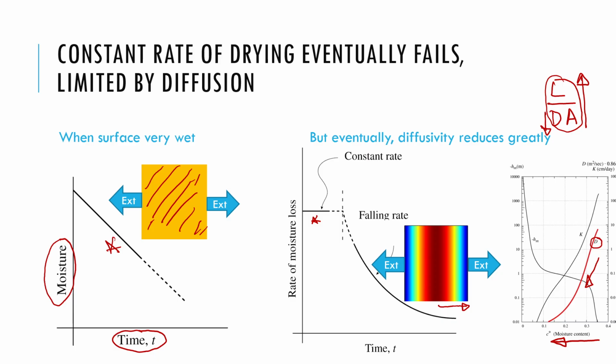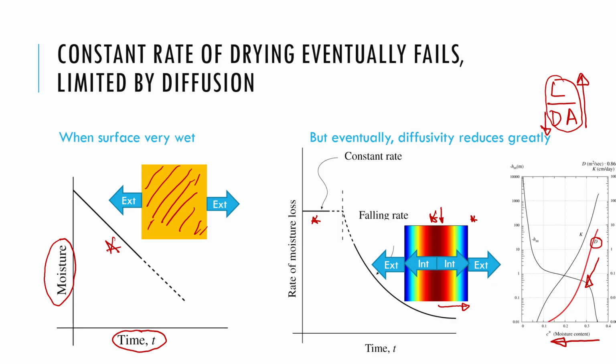In diffusion, the rate is dependent on the difference between inside concentration and outside concentration. So as the inside concentration drops over time, this difference also goes down. So in diffusion, we'll have a falling rate of drying, which is what happens